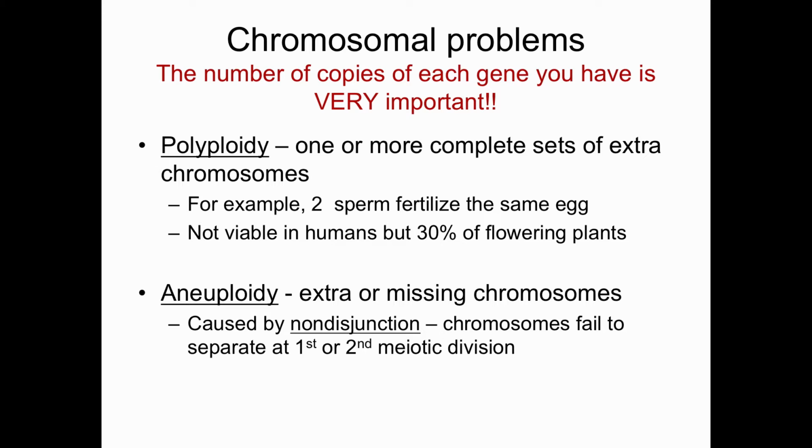So essentially with polyploidy, we have one or more complete sets of extra chromosomes. In the example of some of these flowering plants, we see two sperm fertilizing the same egg. That would be an example of polyploidy. I'm not going to spend a bunch of time talking about it because it's not something we see in humans. However,